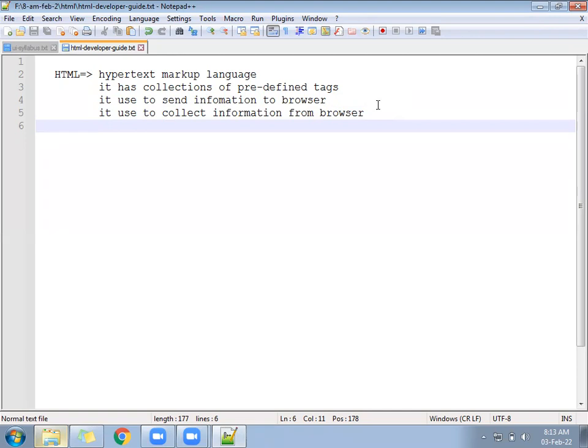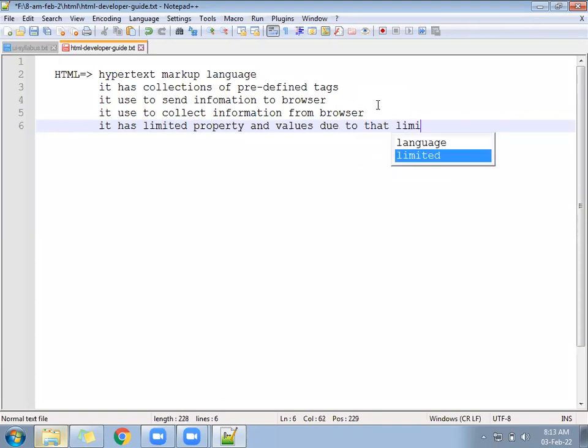So if HTML is ready to send information to the browser and collect information from the browser, why is CSS required? The next line is going to guide you. It has limited properties and values. Property and values. It has limited properties and values. Due to that limitation, responsive design is not possible only through HTML. You can write it. Okay, it has limited properties and values. Due to that limitation,